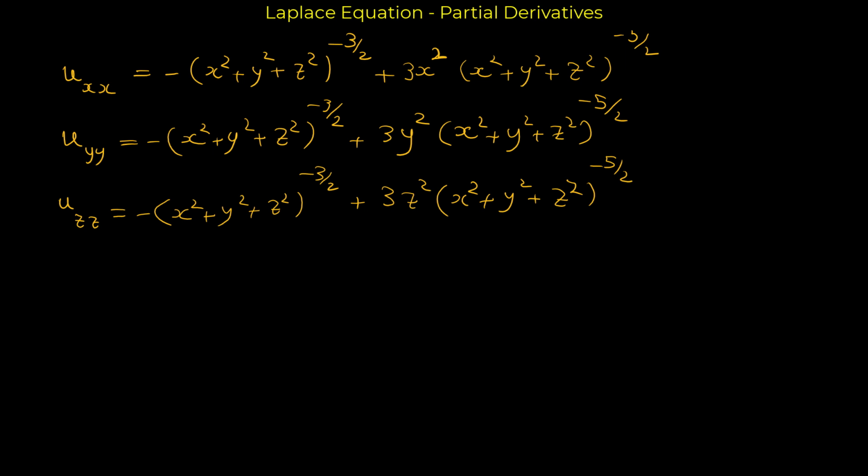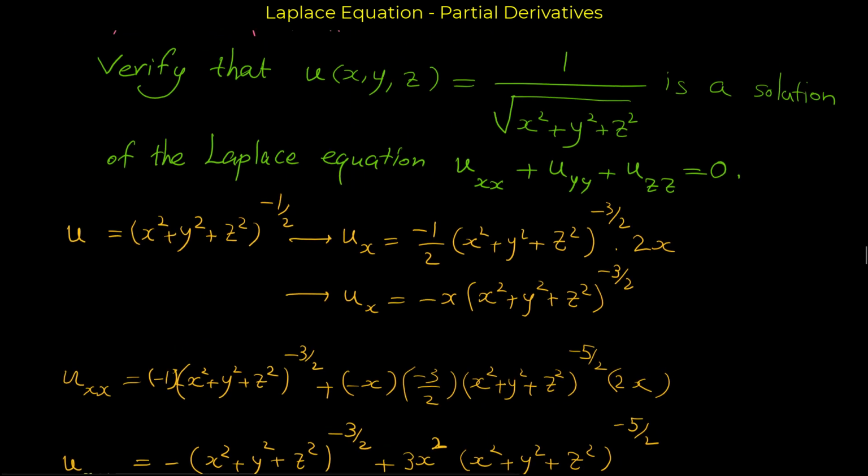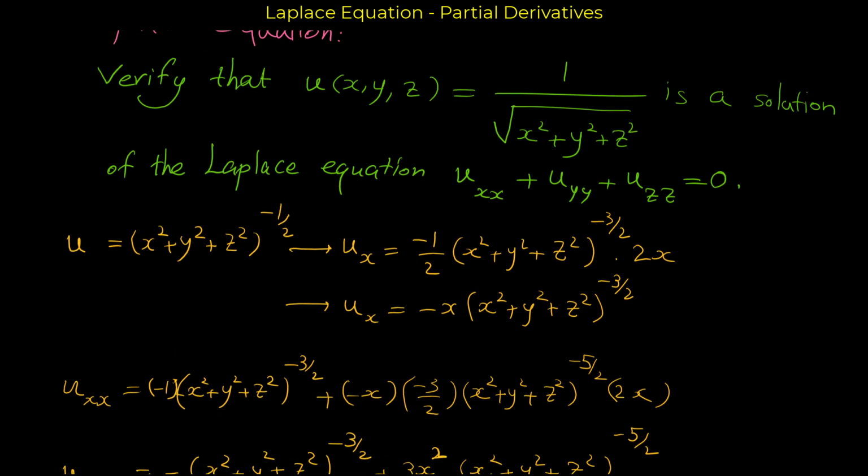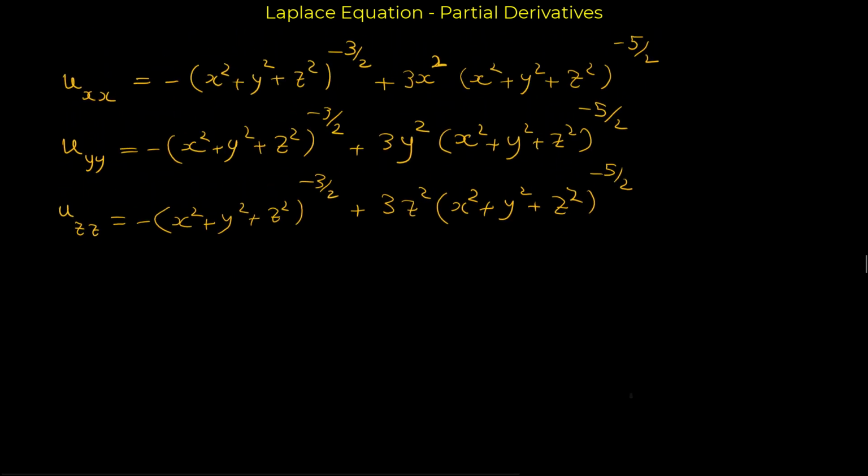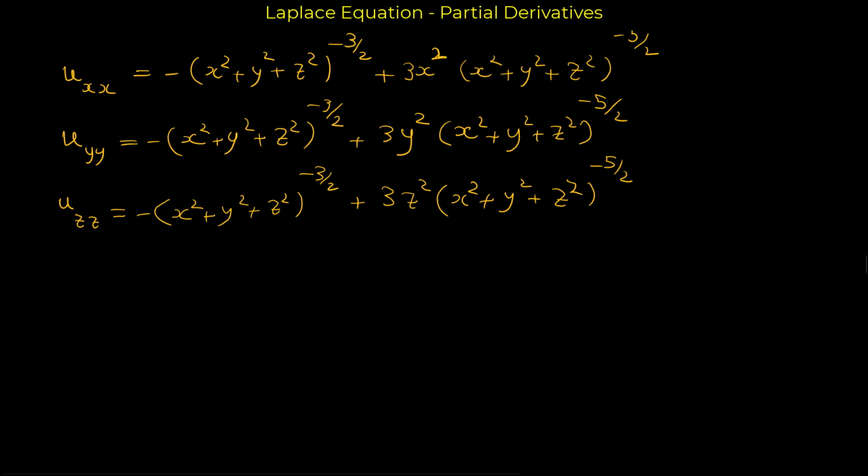Now that we have all the partial derivatives, we have to add all of these to each other, and we have to show that the sum of these is 0. Remember, we want to show that uxx plus uyy plus uzz equals 0. So let's see what is the sum. uxx plus uyy plus uzz would be equal to